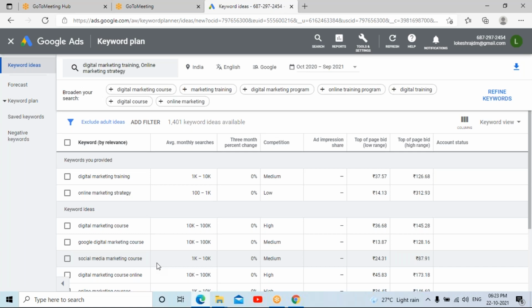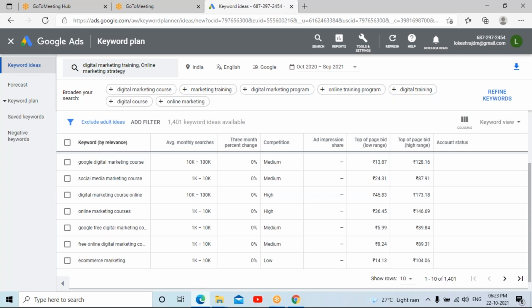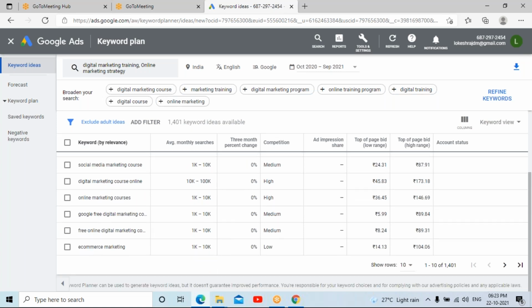Relevant to this, are there any alternative keywords? You can see that there are people looking for e-commerce marketing also. You can add this also as one of the content, so that you get people with the right audience.